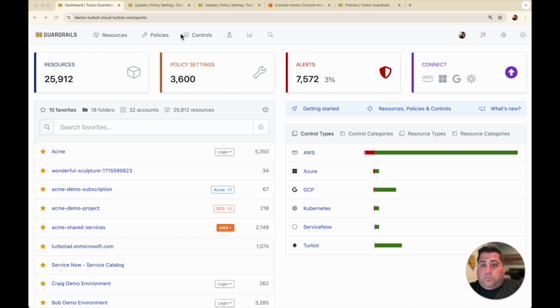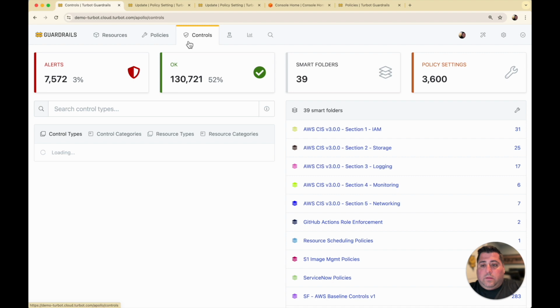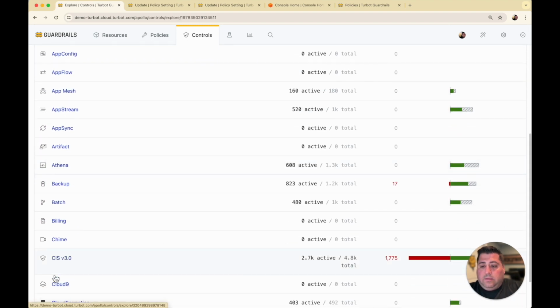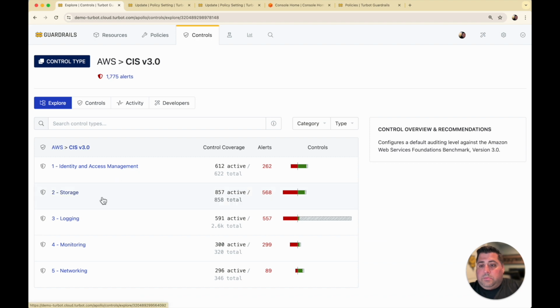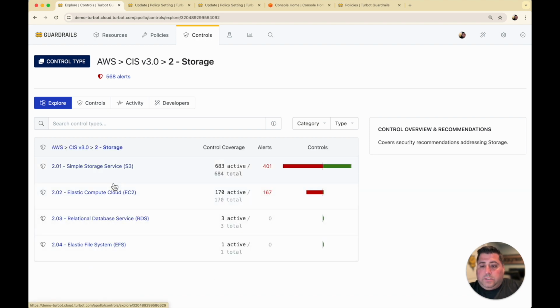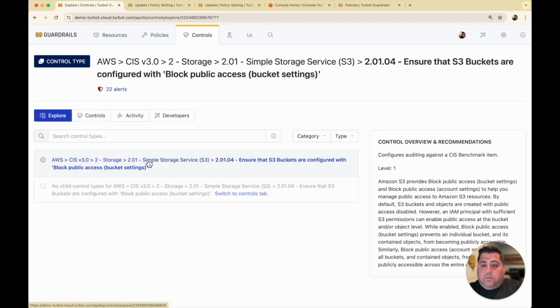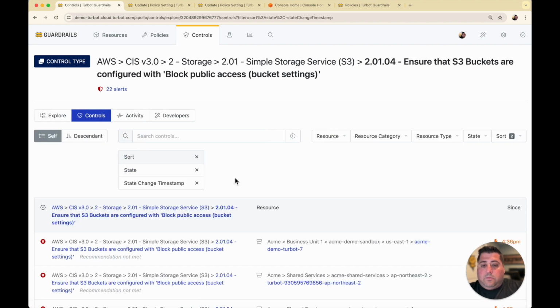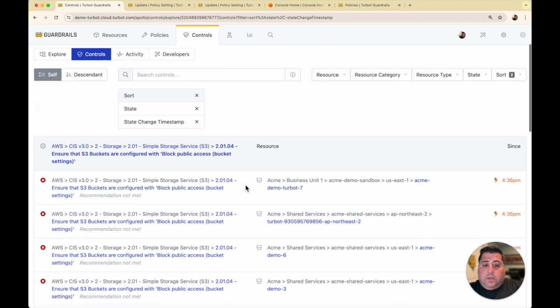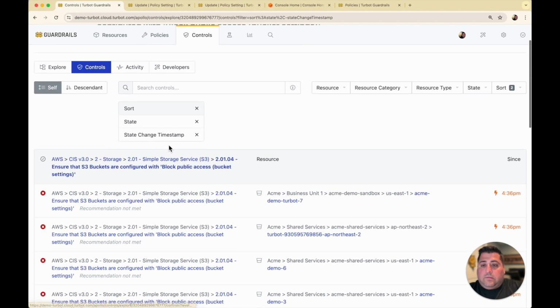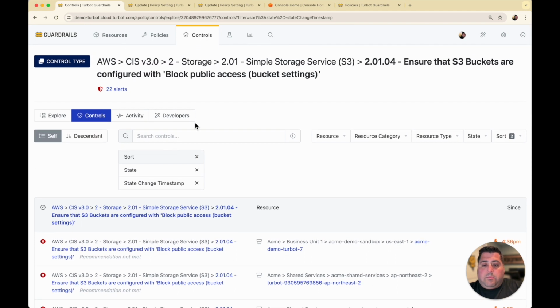With the CIS report, we'll just pick one of the controls. So here we'll go down to the CIS version 3.0 benchmark. We'll just go down into storage. We'll go to the S3 section, and specifically we'll focus on section 2.1.4. Now here I have a number of buckets that aren't meeting this policy to block public access using the bucket settings. And so we have about 22 buckets that are in scope that we can set a bucket policy to